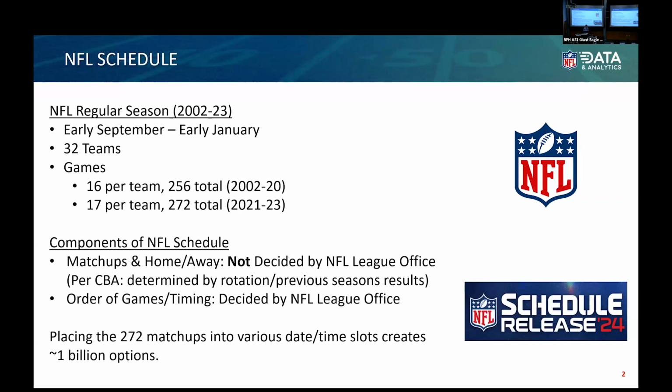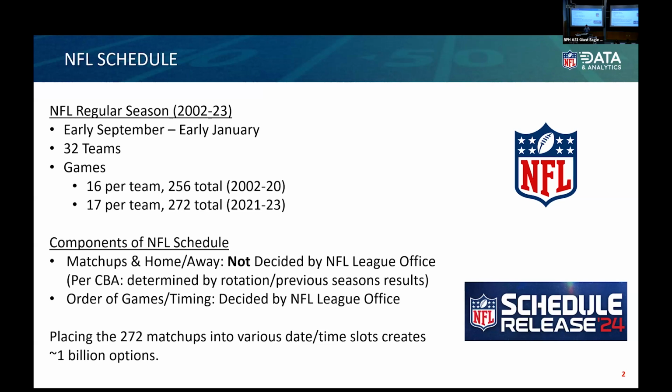The NFL schedule is built up of matchups between two teams in each of the team's home and away stadiums. What the matchups are and who's home and who's away is determined by a rotation system, as well as the previous season's results. So, for example, if you asked me what the Steelers' opponents were in 2036, assuming there's no changes to the schedule process, I can tell you 14 out of 17 of those, and the other 3 will be determined by 2035 results. So the majority is simply determined by a rotation system that's agreed upon in the CBA.